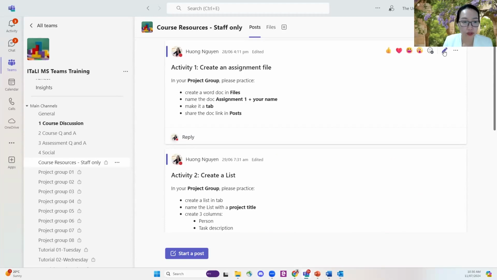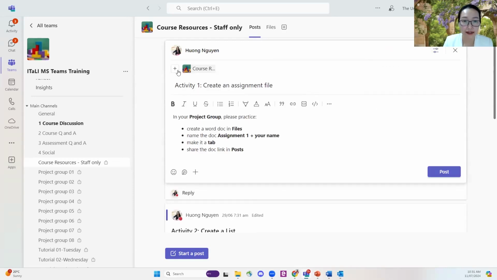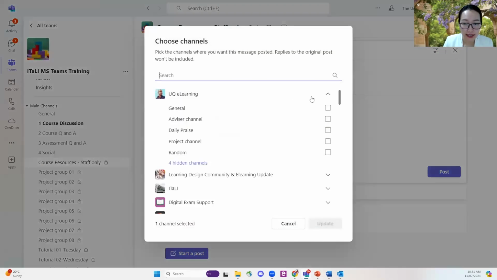And then if I want to post on multiple channels, I click on the edit button. And then I click on the settings up on the top of the post. And then I select multiple channels. And it allows me to select multiple channels in here. So select that. And then I will write the